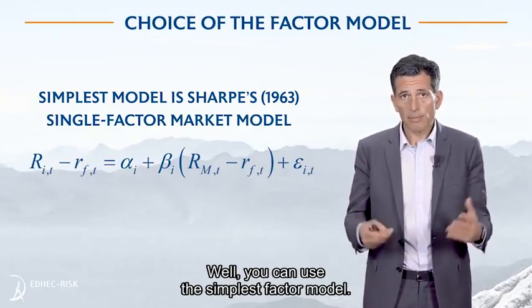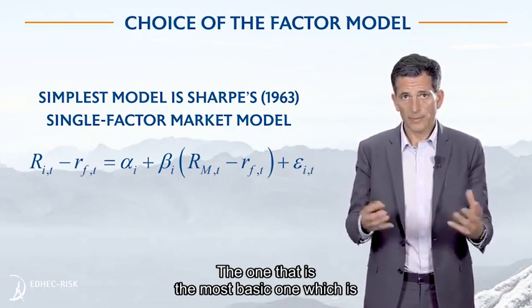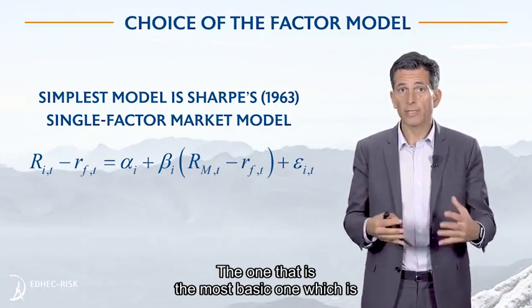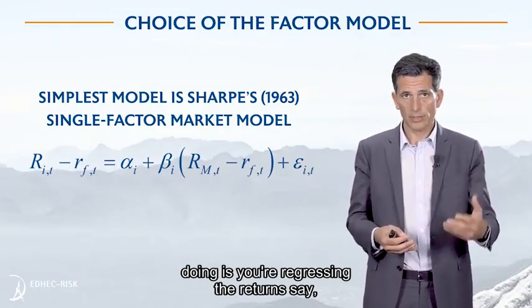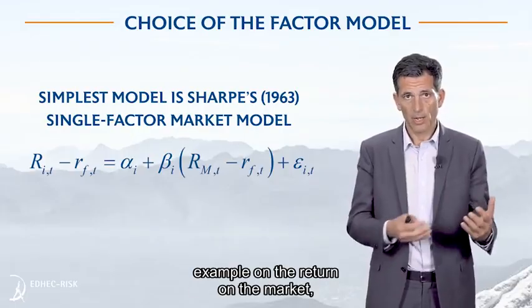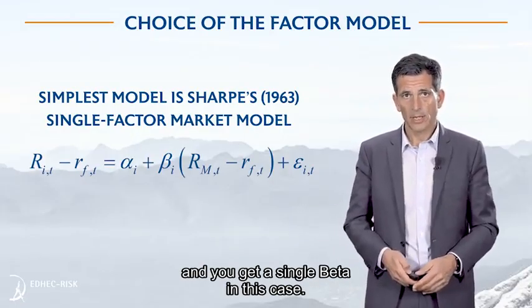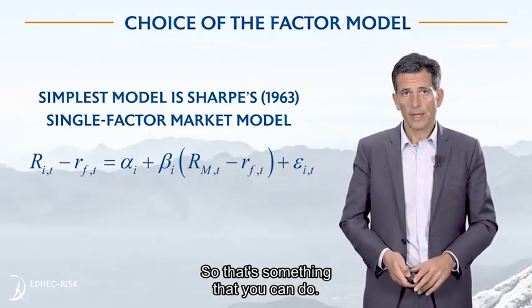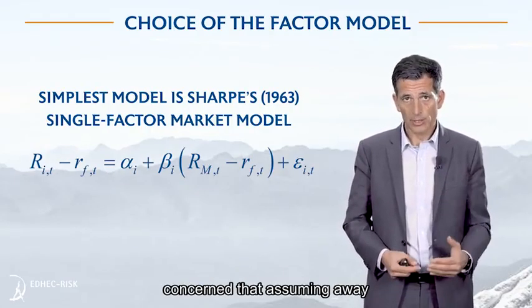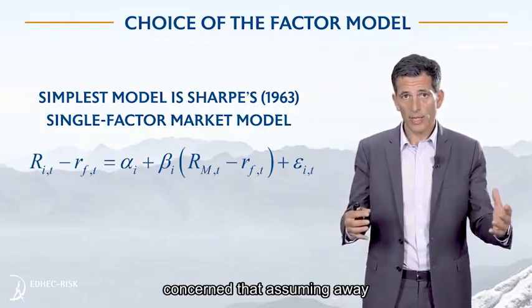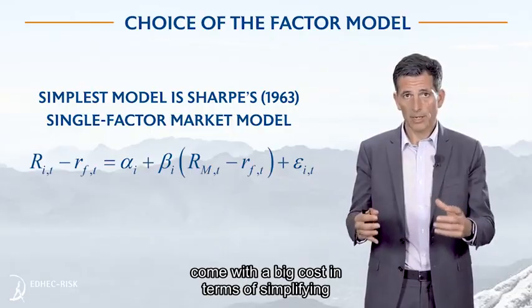Well, you can use the simplest factor model, the one that's kind of the most basic one, which is a single factor model, where what you're doing is regressing the return, say, on individual stocks, for example, on the return on the market. And you get a single beta in this case. So that's something that you can do. Of course, if you do so, you will be concerned that assuming away correlation between specific returns will come with